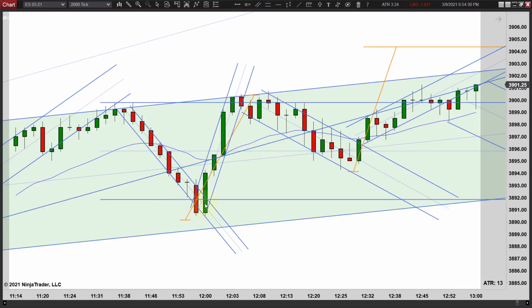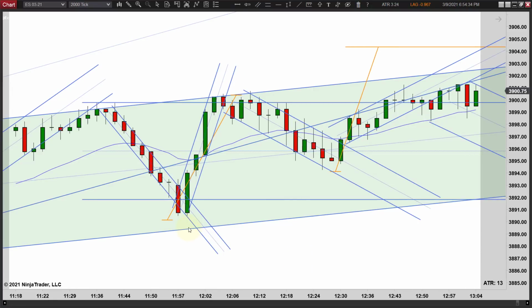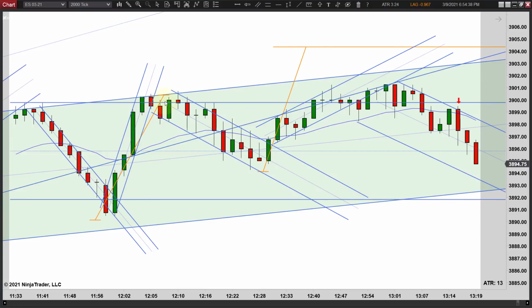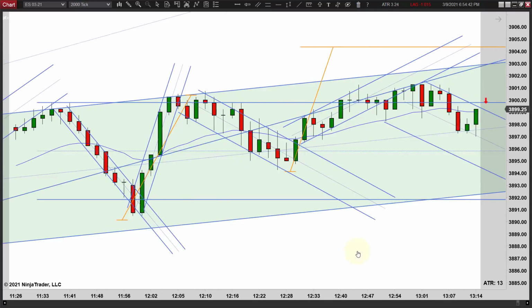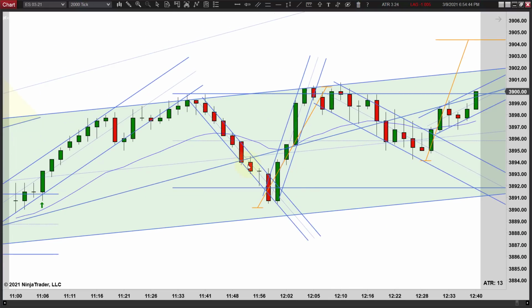You get an overshoot, but I still don't think you want to go long there. It's too close to this trend line, and there's a good chance we pull back to it. We run up, and then we just kind of start chopping around here. This is where I looked at it as a convincing close outside the blue